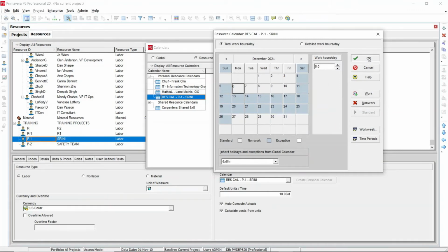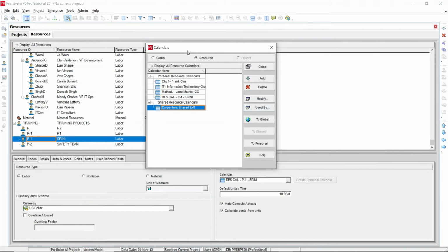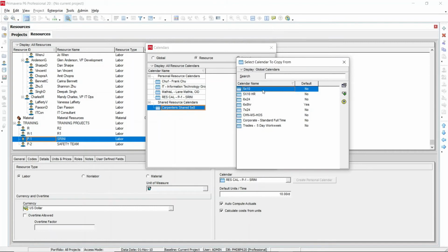Then click OK. We will see how to create a shared resource calendar. For creating a shared resource calendar, you need to go to the resource option, select any calendar below the shared resource calendar, then click add. When you click add, you can see the default calendars available from the database.